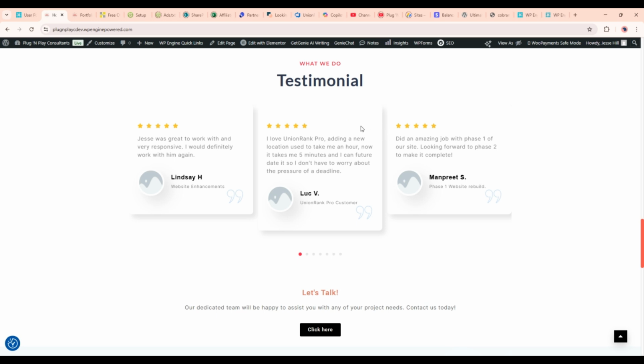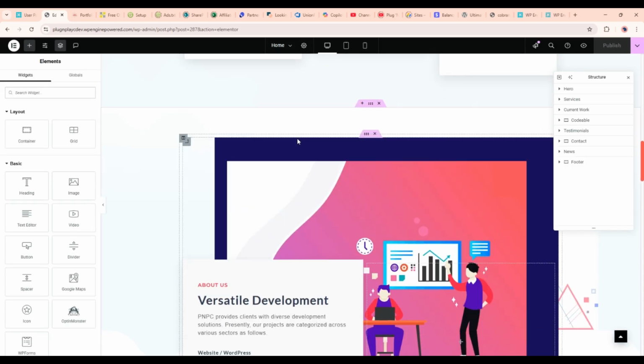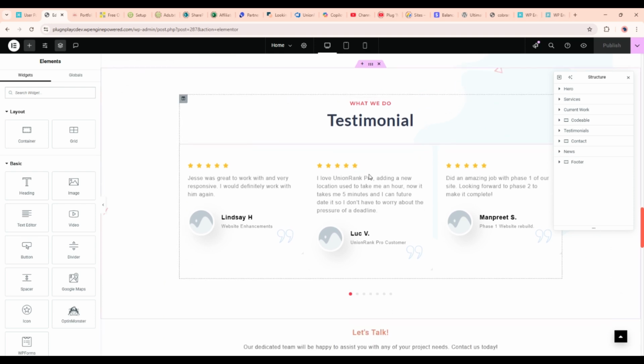So to get started, I am logged in on my back end, so I've got my admin menu up here. I'm going to click on Edit with Elementor and wait for this to start up. Okay, we are in. Let's scroll back down to our widget. It's already designed the way that I wanted it designed. This tutorial is not about designing widgets, it's just about creating a custom one. So